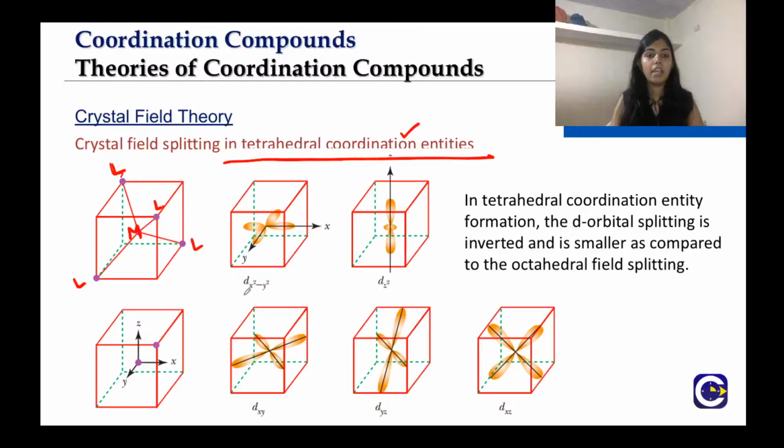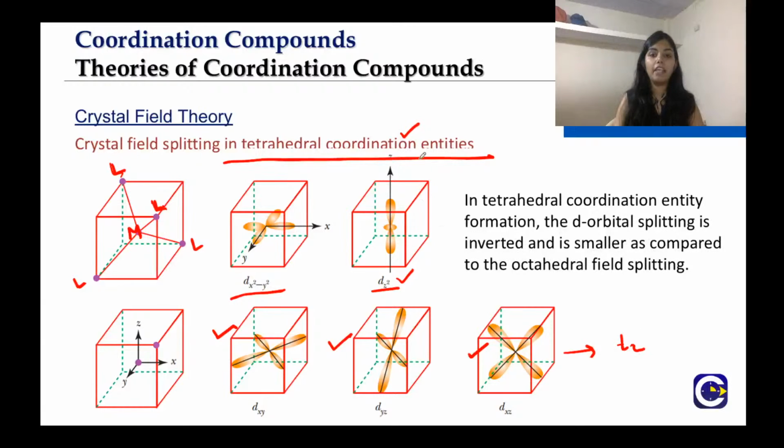Now, dx square y square and dz square are not interacting directly with the ligand. You can see here that there is no direct interaction. You can compare the positions of the ligand and the d orbitals. But in the case of dxy, dyz and dxz, the ligand and d orbital interaction is greater. So now what will happen is that